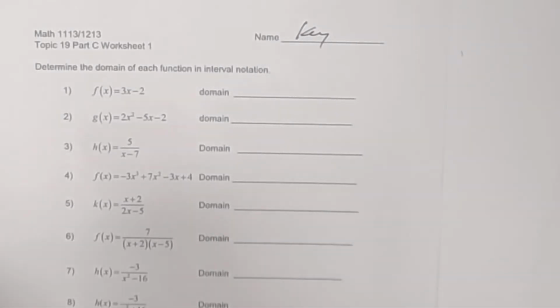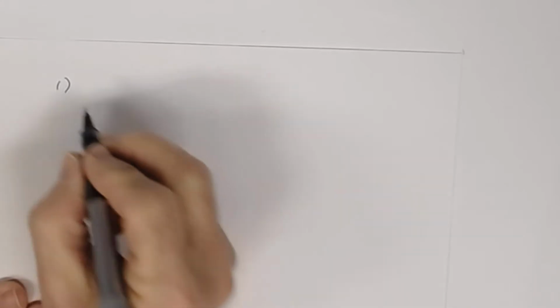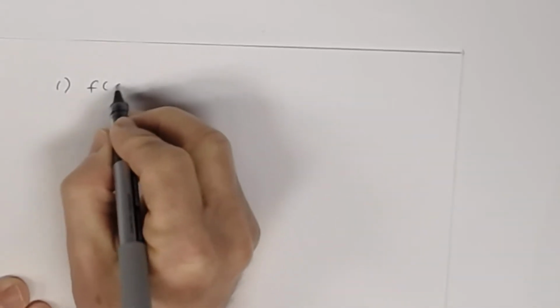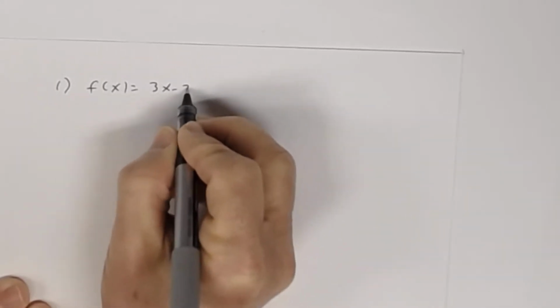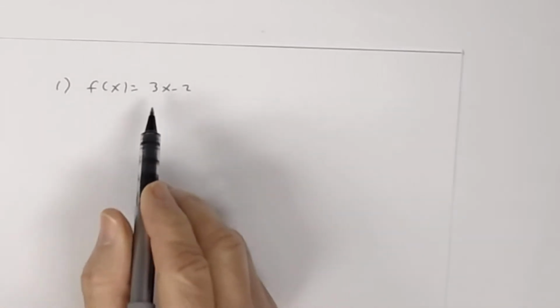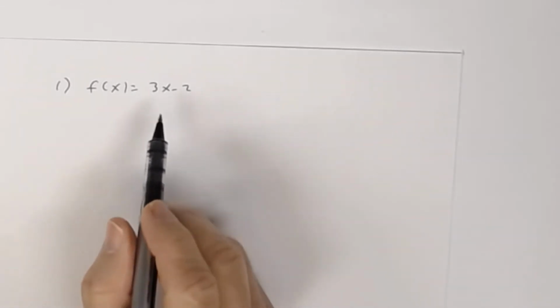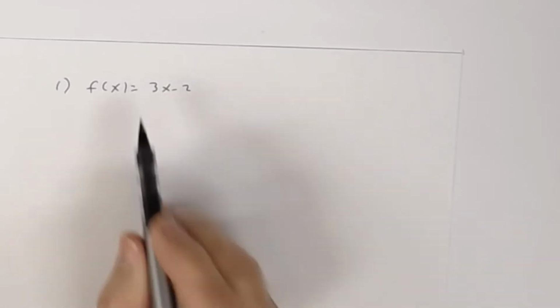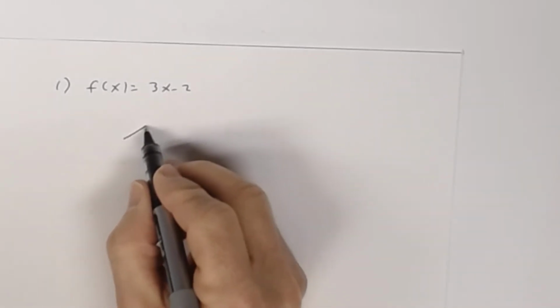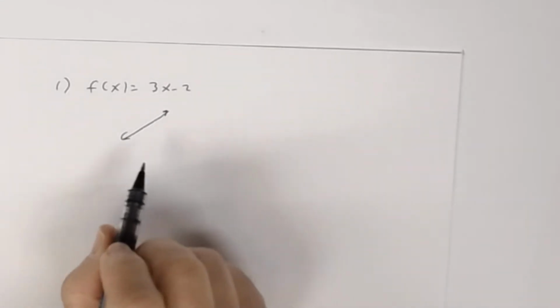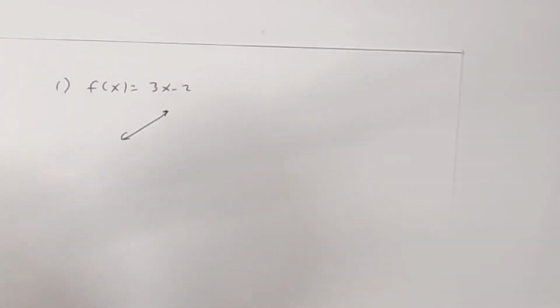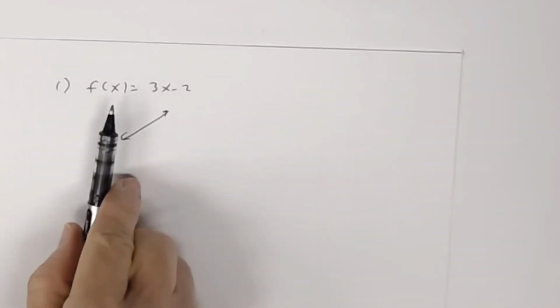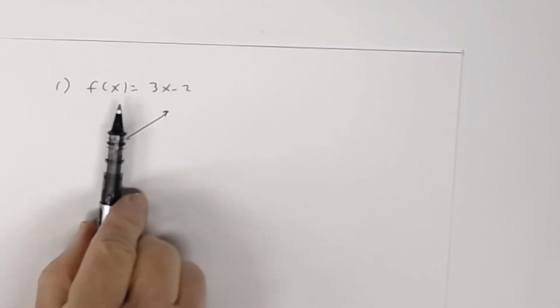Now, when we look at number one, just remind yourselves about what you learned in the lessons. If we look at number one, you have f of x is 3x minus 2. Well, we know that that's a linear function. We know the slope here is 3, so that's positive. So I know that my line's going to rise. And so remember, when you have a line like this, your domain is going to be from negative infinity to